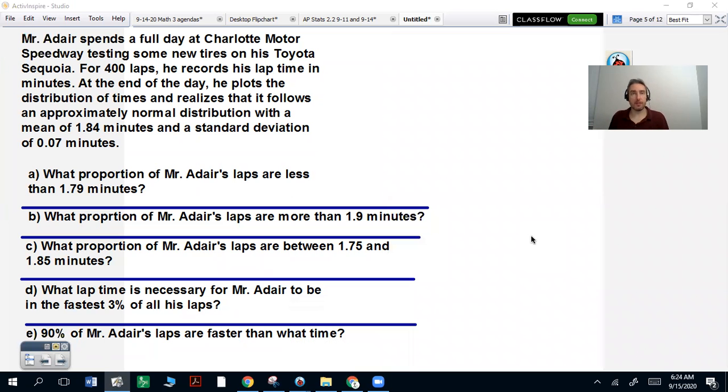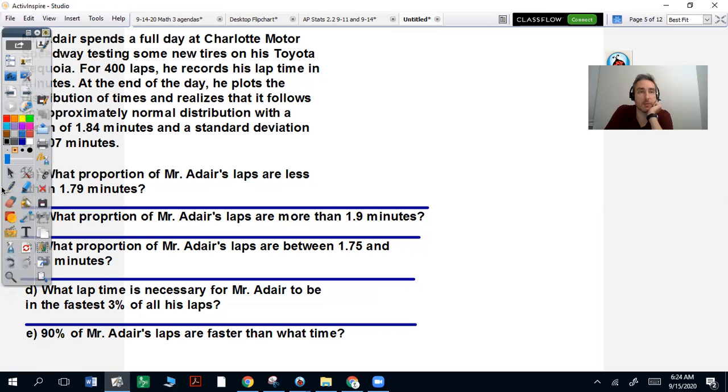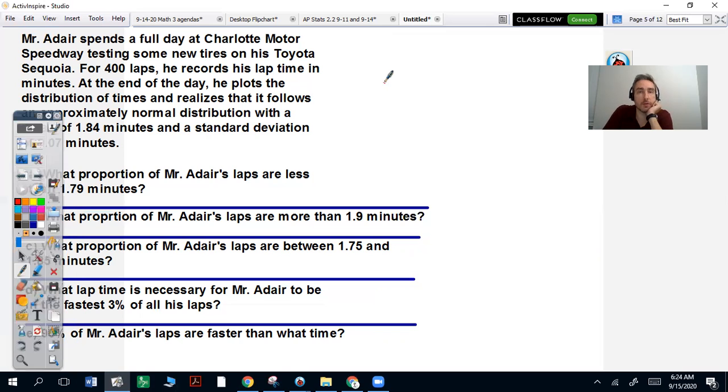we have a scenario. Mr. Adair spends a full day at Charlotte Motor Speedway testing some new tires on his Toyota Sequoia. For 400 laps, he records his time in minutes. And I'm just going to draw this out real quick just so we can understand what's going on. So it's going to follow a normal curve